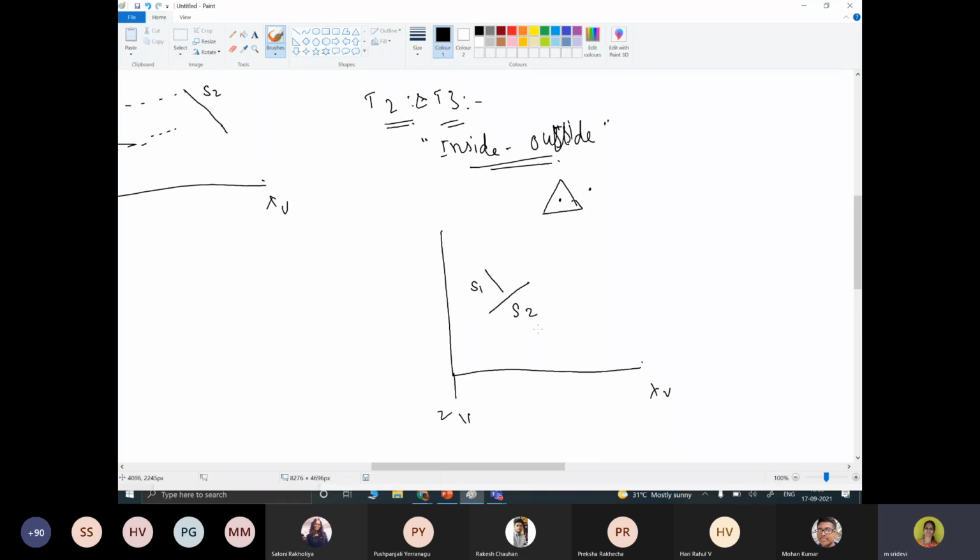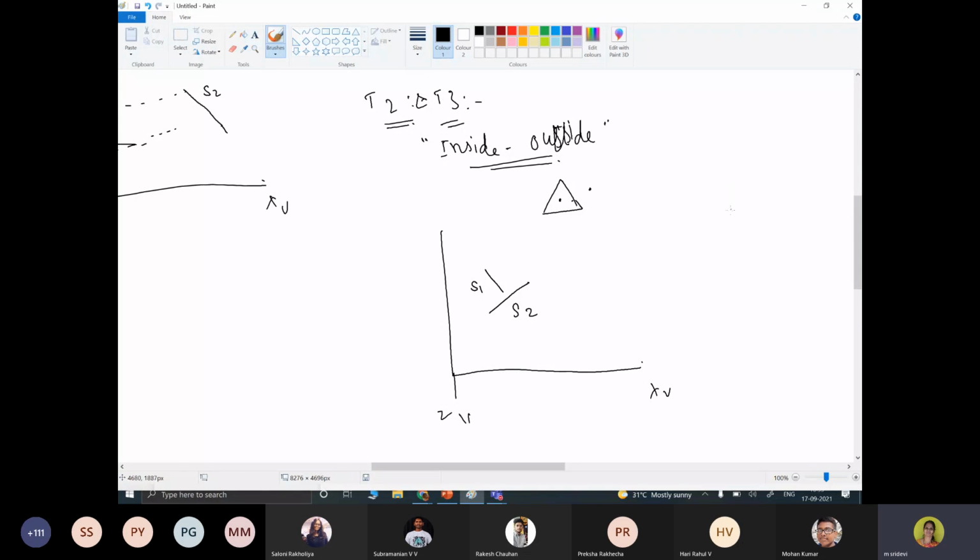When you compare S1 and S2, which surface is overlapping? Is S1 behind S2, or S2 behind S1? S1 is behind S2. So when you view it, only S2 is visible from the viewing direction we are talking about.